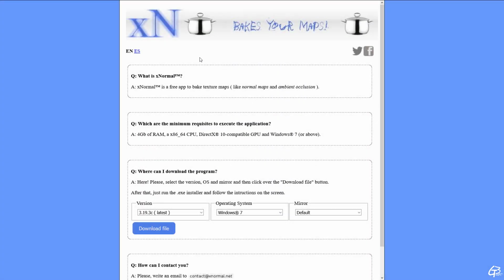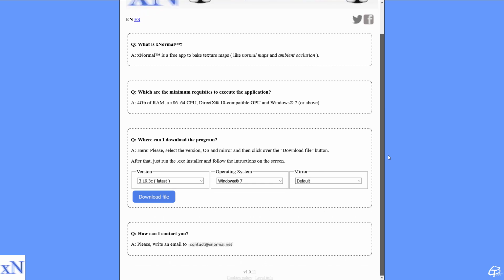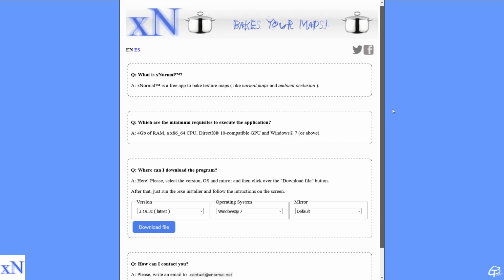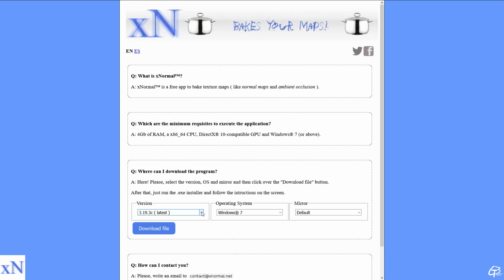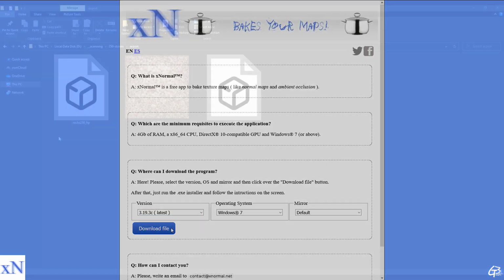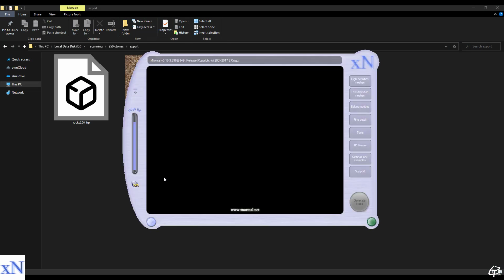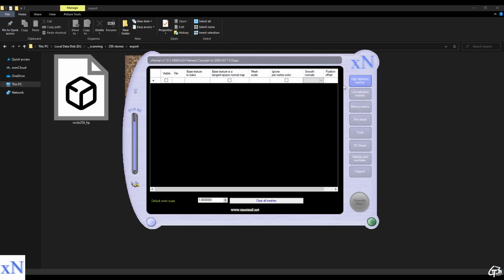Now let's do the same with the XNormal. XNormal is a standalone baker which can be downloaded by anyone totally for free. It's pretty old, as it was developed in 2005 when people were using Pentium 4 machines, and was one of the first apps to even use multi-core support. It runs in its own unique and fancy window, and as you will see, still can do a pretty decent job.